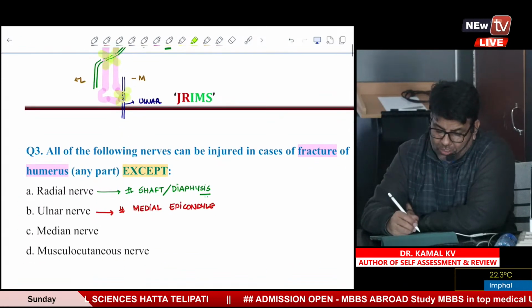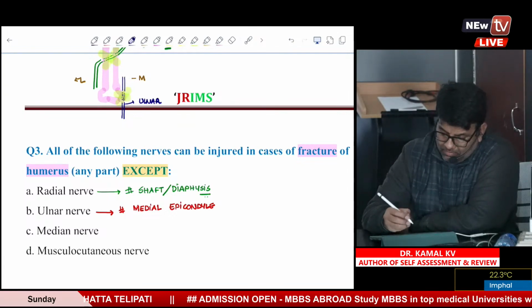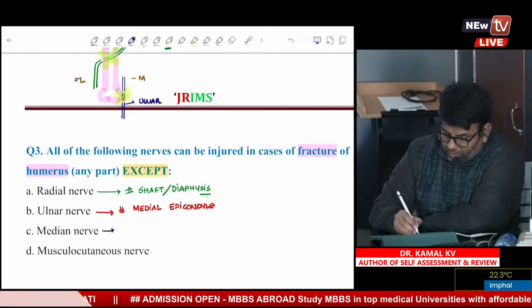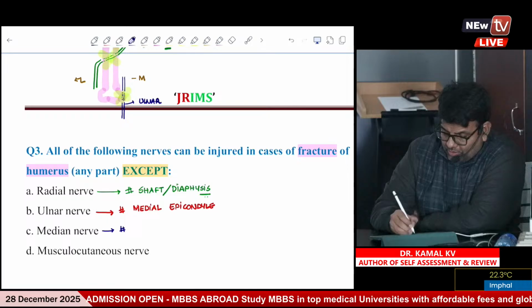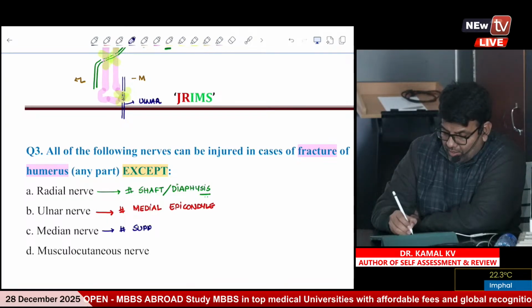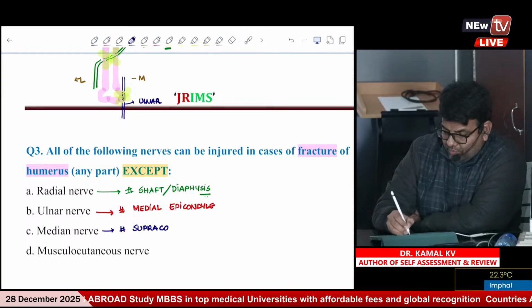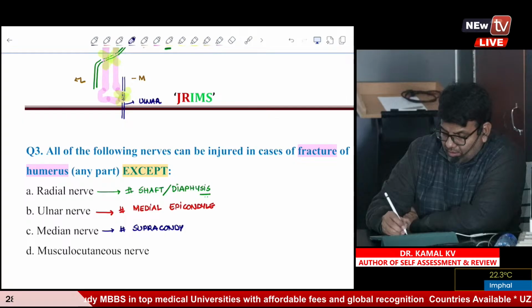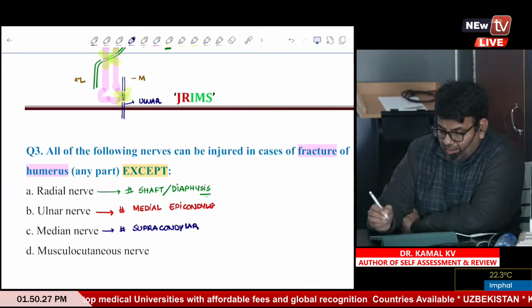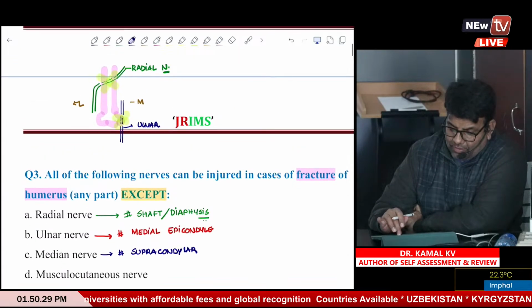Median nerve, any possibility of injury to the median nerve? Yes, there is possibility, especially through fracture of the supracondylar humerus. Fracture supracondylar humerus. And which area is the